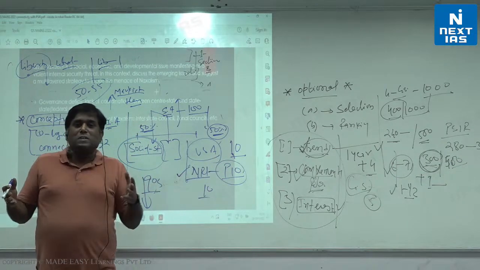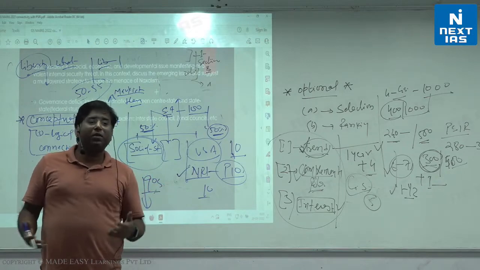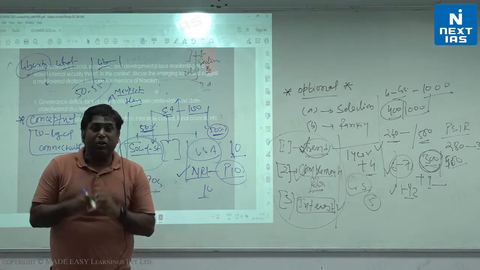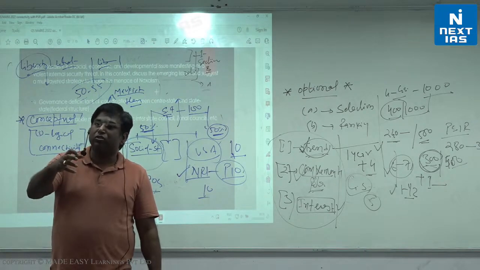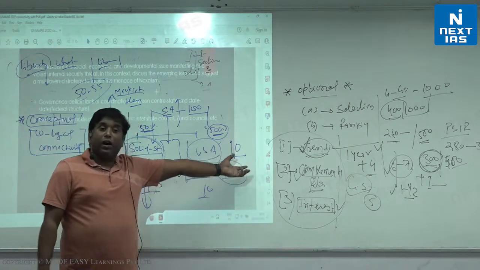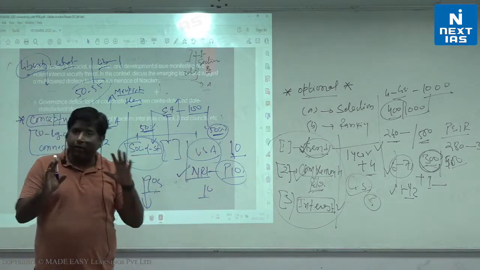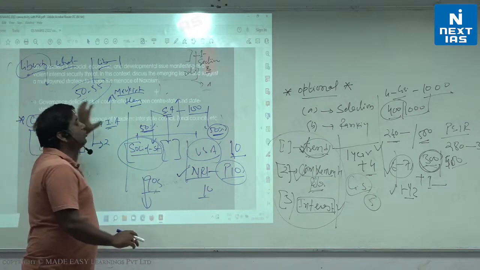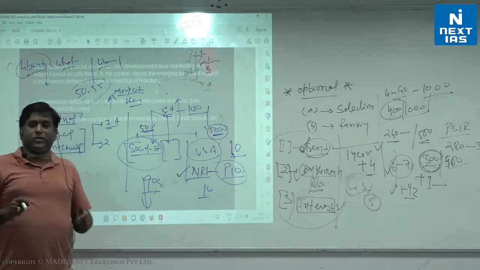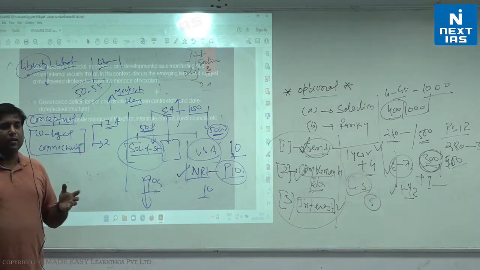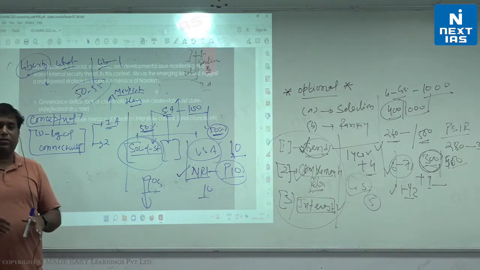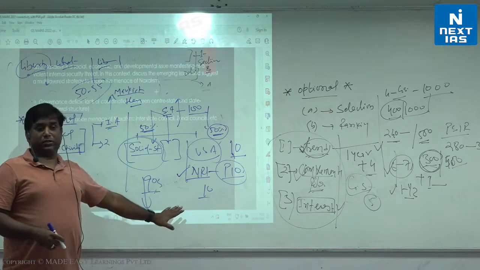So PIOs, I mean Indian diaspora is not just an economic asset. Indian diaspora is now a political asset too. When we talk about that Indians are very much strong in Senate or in lobbying, it is just because these PIOs are very good in numbers. So my point is again the same. It is a very conceptual subject where interlinking is the key of this success. आपको लगेगा कि आपने बहुत कम पढ़ा है, but if you have this good analytical skill and you are able to connect many factors, you'll be able to write all the answers.